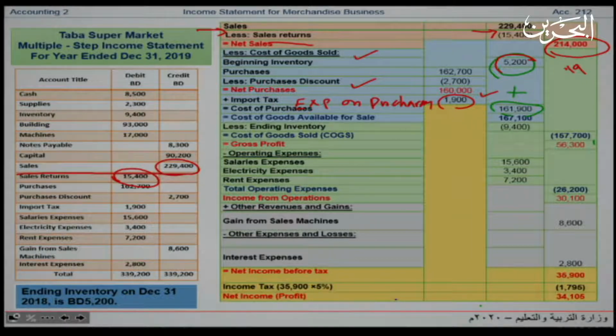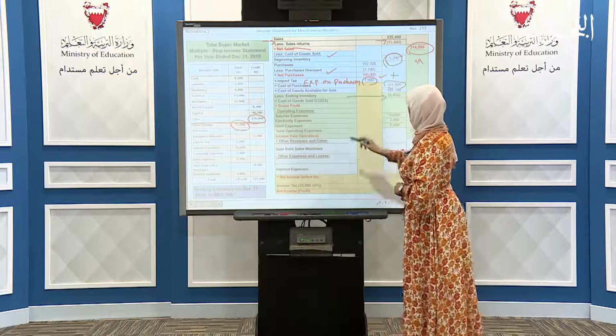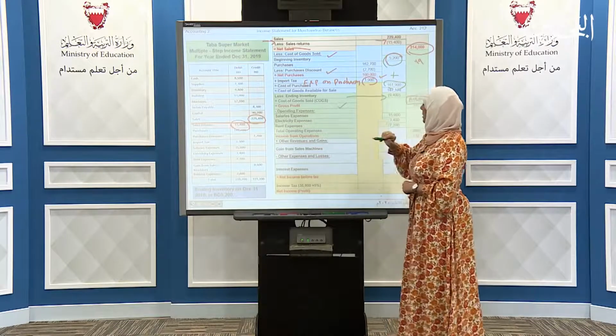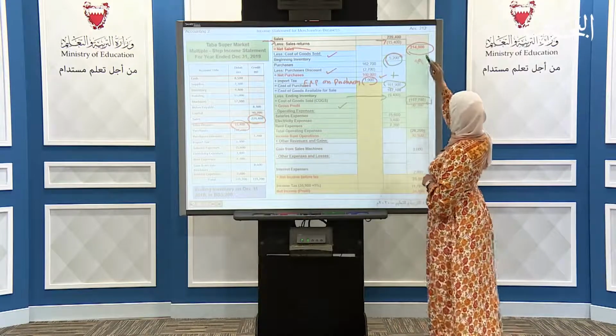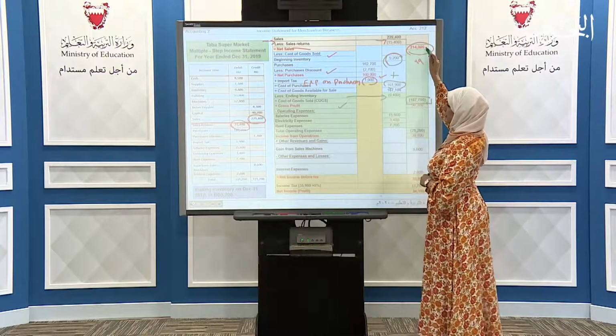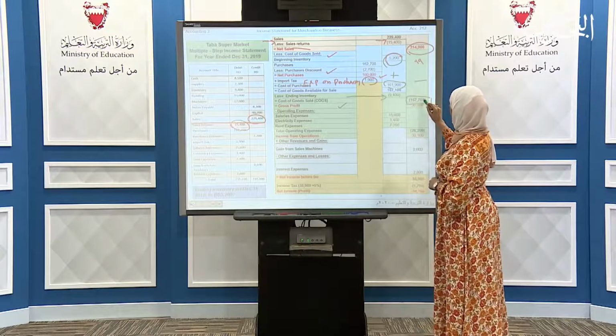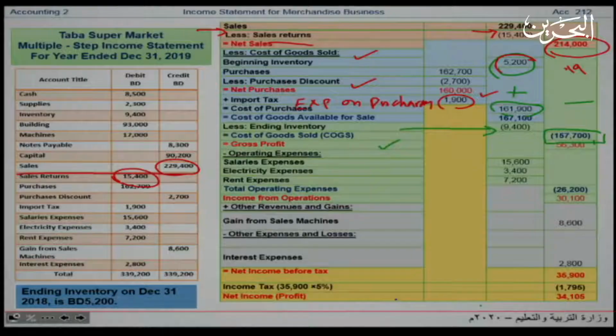I will subtract the ending inventory from it and I will get the cost of goods sold with a figure of 175,700. Then I will shift to find the gross profit. How can I get the gross profit? I will take the net sales that I found before and subtract from it the cost of goods sold. So I will get the gross profit with a figure of